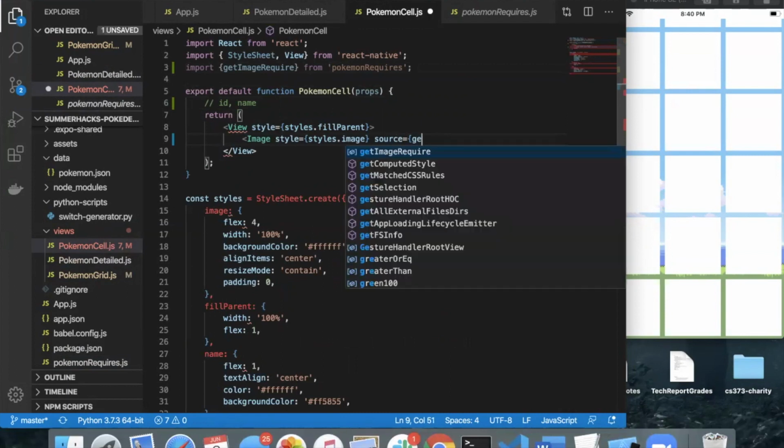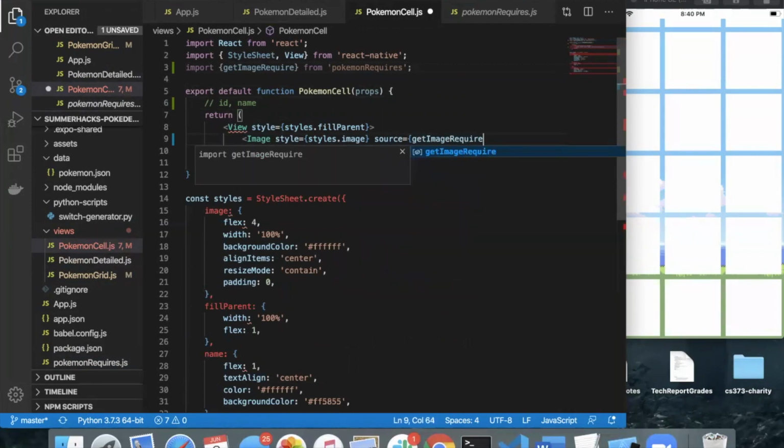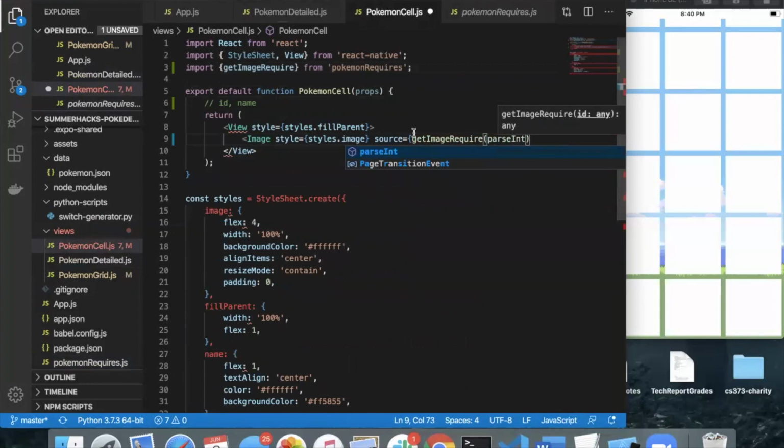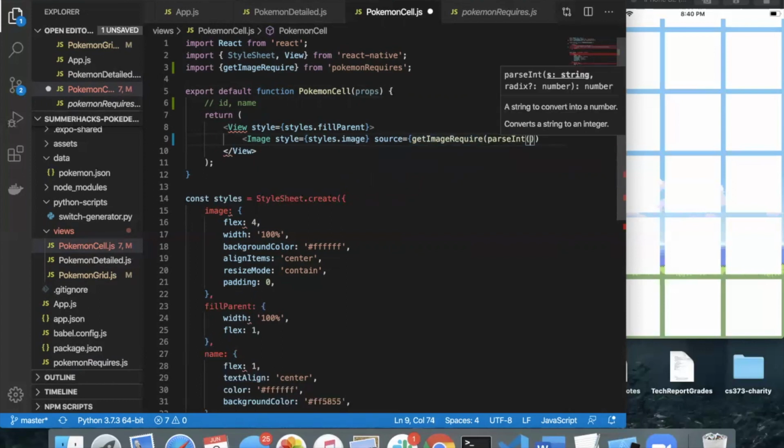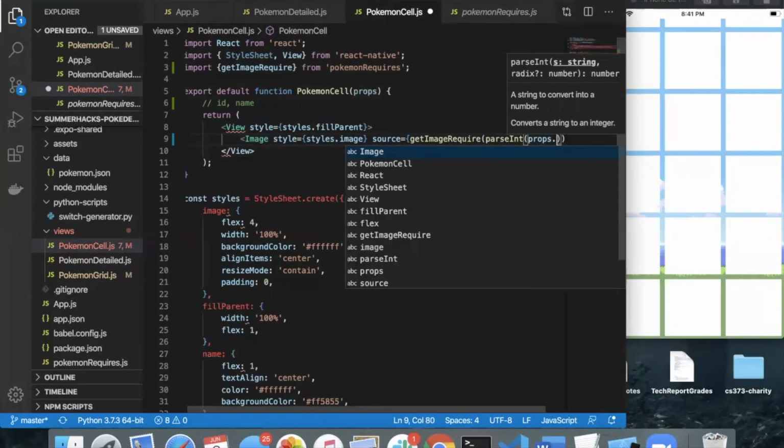Otherwise, I'm going to call get image require here. Get image require actually expects an integer. The ID that's passed into us is a string. So I'm going to convert that string to an integer using the parseInt function. That's just a JavaScript function. So I'm going to pass in props.id,